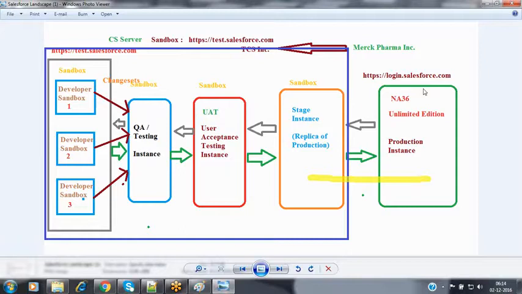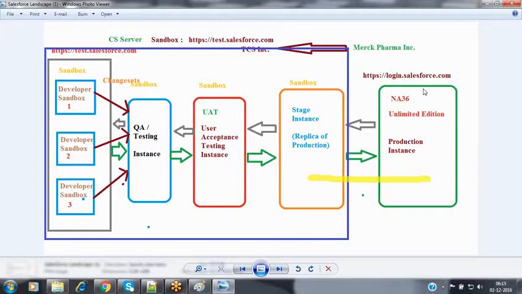Have you prescribed this particular product to any of your patients or not? If you have prescribed it, what is the result? Is the patient satisfied or not, and what is the feedback? Further, they keep in touch with those doctors. So in this scenario, in order to manufacture and sell the product, whatever process they follow, they would like to automate that process using a Salesforce application.